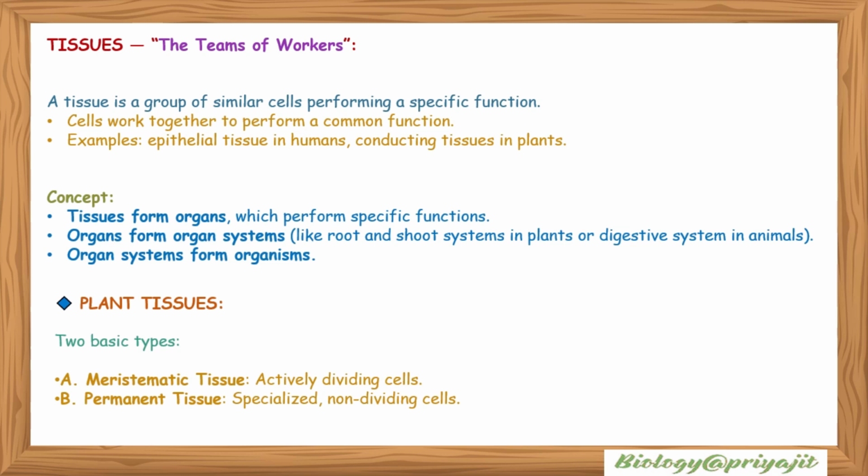Concept: tissues form organs which can perform specific functions in our body. Organs form organ systems like root and shoot systems in plants and digestive systems in animals. Organ systems form an organism. Plant tissues are basically of two types: meristematic tissue, which includes actively dividing cells, and permanent tissue, which includes specialized non-dividing